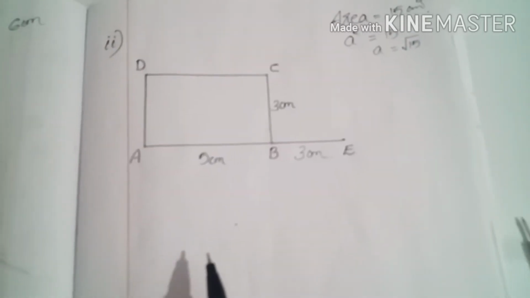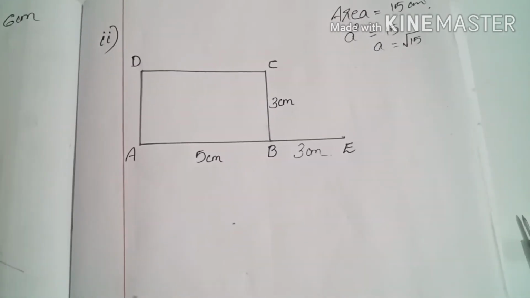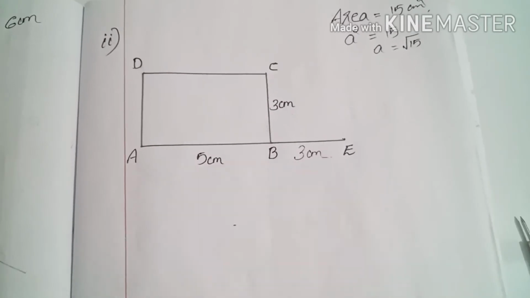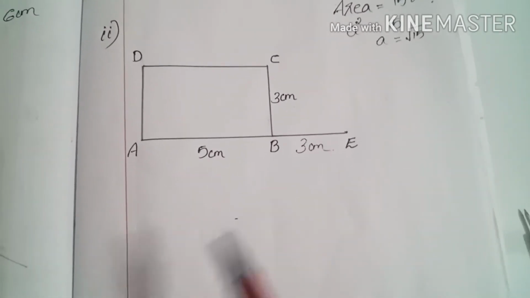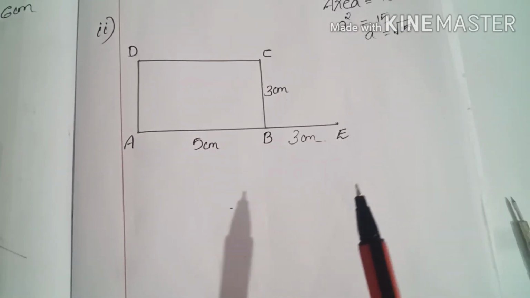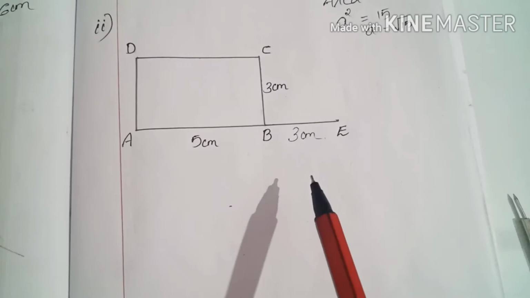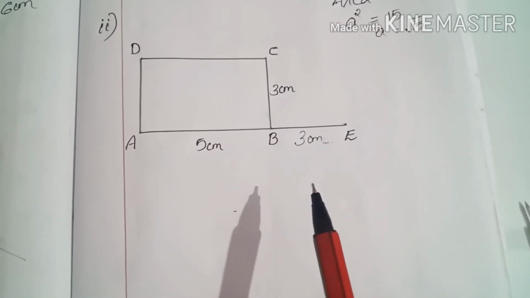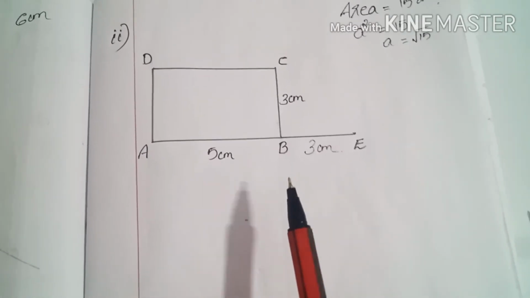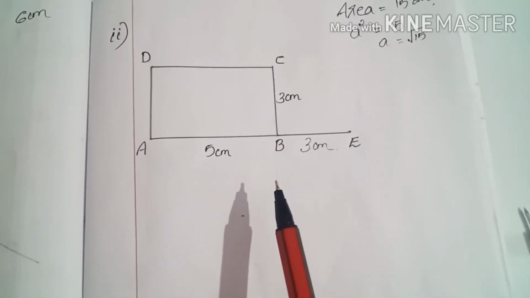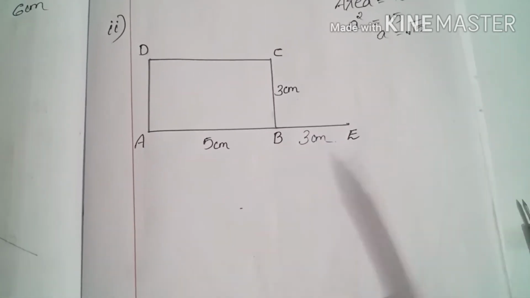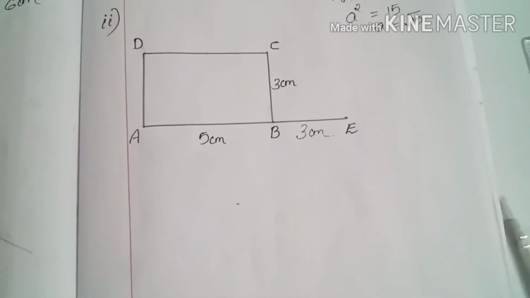Now we need to find the midpoint of this line. Here it is an even number, 5 plus 3 is 8, so the 4 centimeter point will be the midpoint. In another case, for example if 8.5 is the total measurement, it is difficult to find the midpoint using a scale. Anyway, the perpendicular bisector is the better way to find the midpoint. So the next step is to draw the perpendicular bisector of this line AE. You know the perpendicular bisector method.